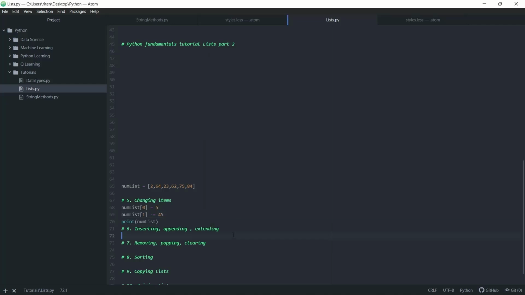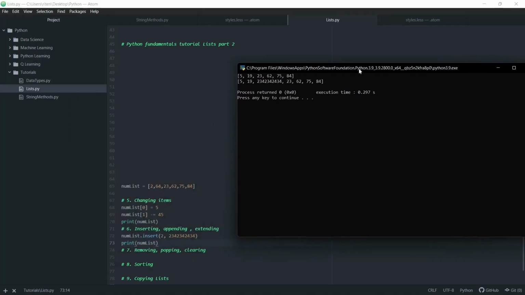Moving on, we can insert something into a list at a certain specified index. So you call the list that you want to insert something into, and then you put dot insert, then you put parentheses. In the parentheses, the first parameter is going to be the index. So let's say index 2, and then you put the value. Now let's say I want to insert the value, just that big number, just so we can see clearly where that number is. So we can now print numList,